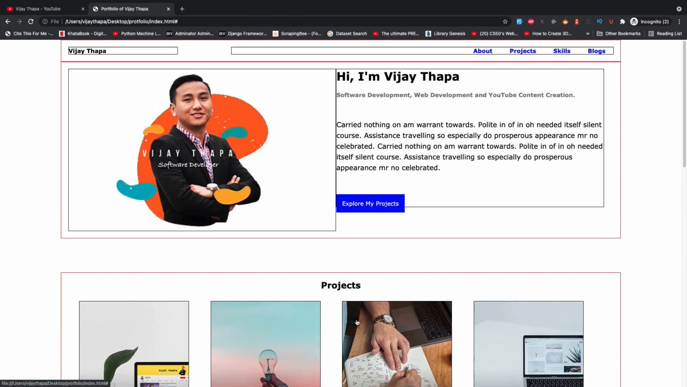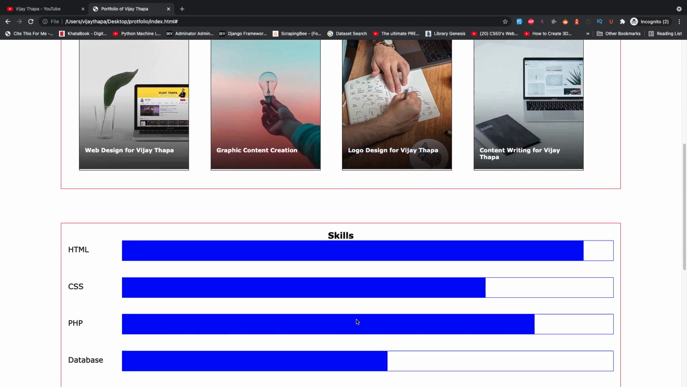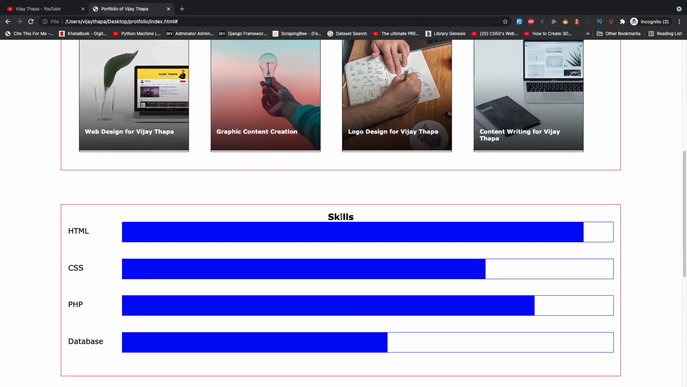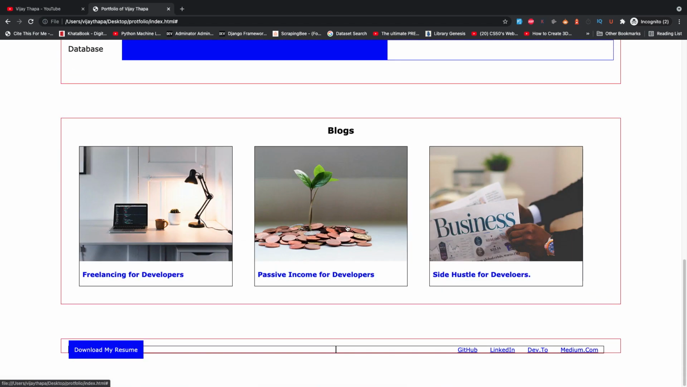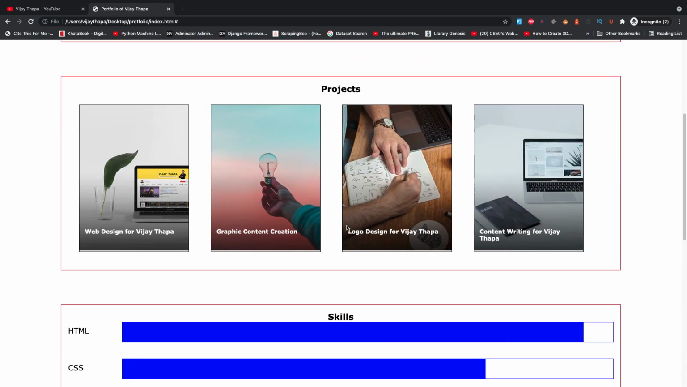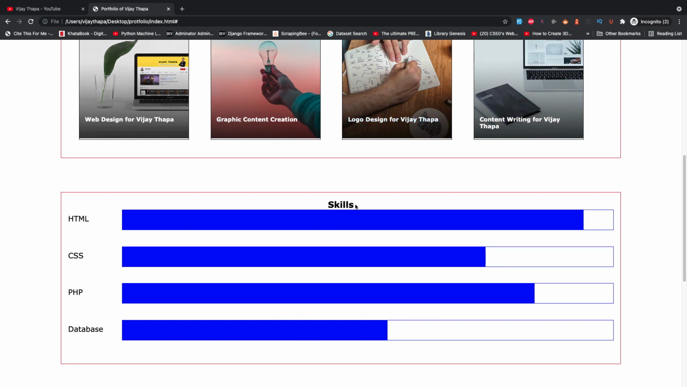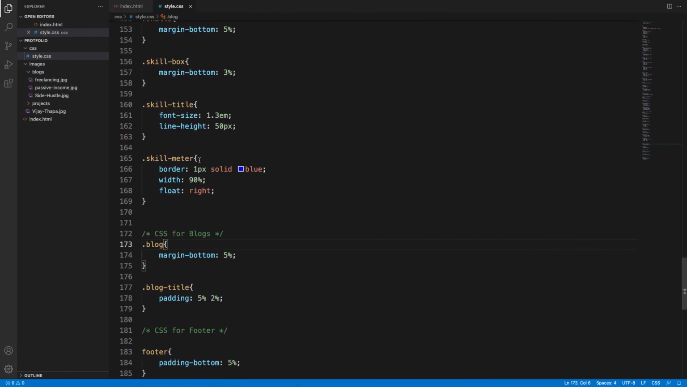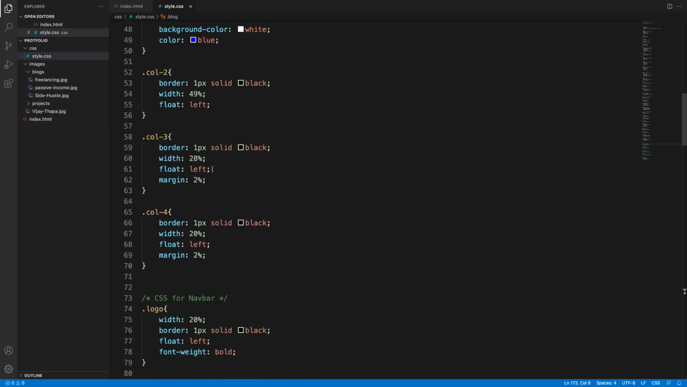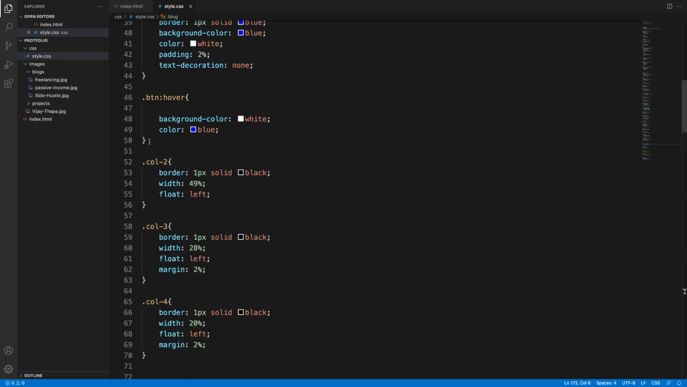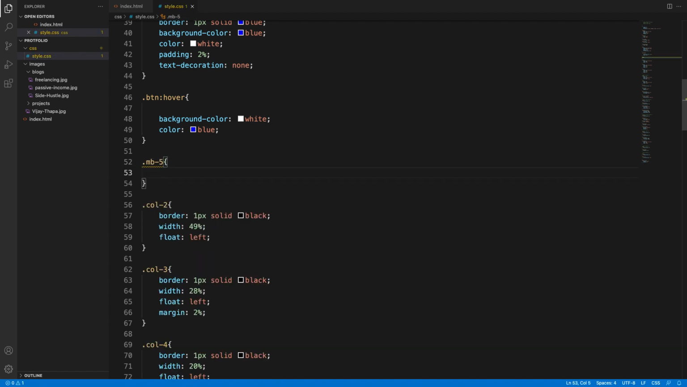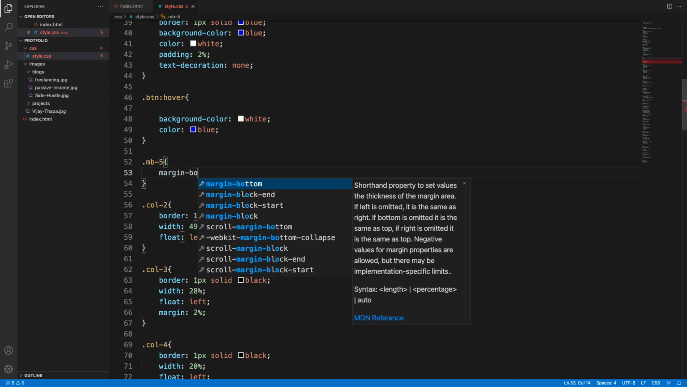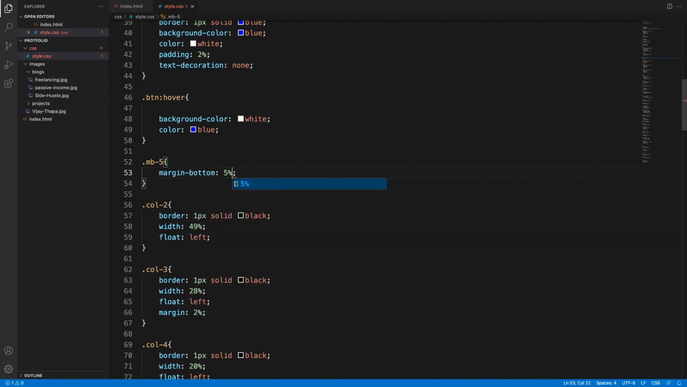Now I think we need to add some space after this as well. So after skills I want to add some space. So what we can do is let's create a class with margin bottom 5. So I will create a class, so along with col1, col2, col3, after button I will create a class mb-5, which will be margin dash bottom 5%. Okay,